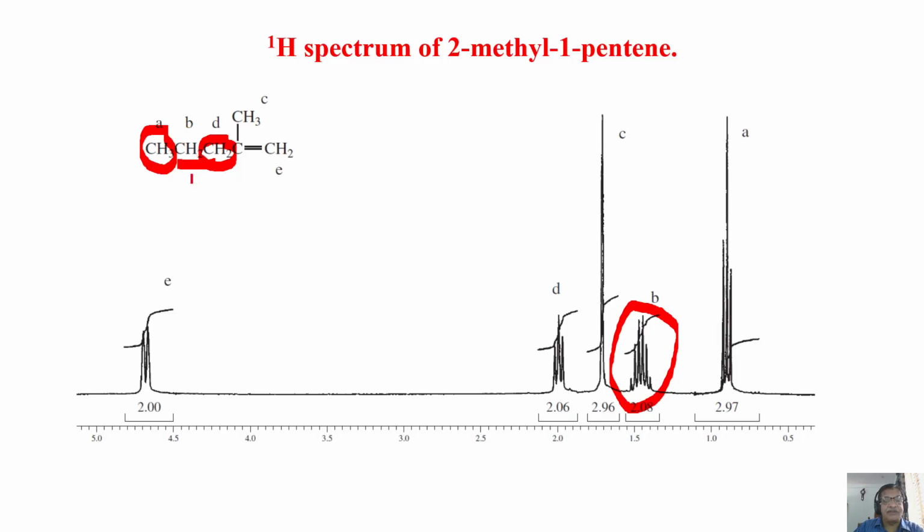So A is assigned, B is assigned. Now D. What is D? D is simply a triplet because it is coupled to CH2 and there is no long range coupling. It is simply a triplet. Okay, that is assigned very clearly. Now, if you look at that one, there is one peak with intensity 3. Look at this one. Intensity is nearly 3. What is it possible? I already told you long back.